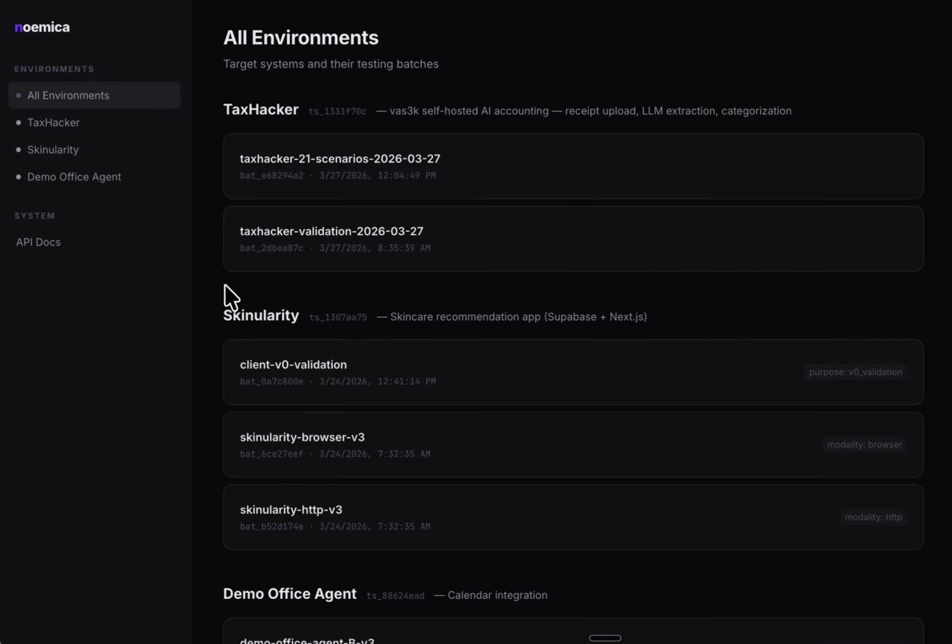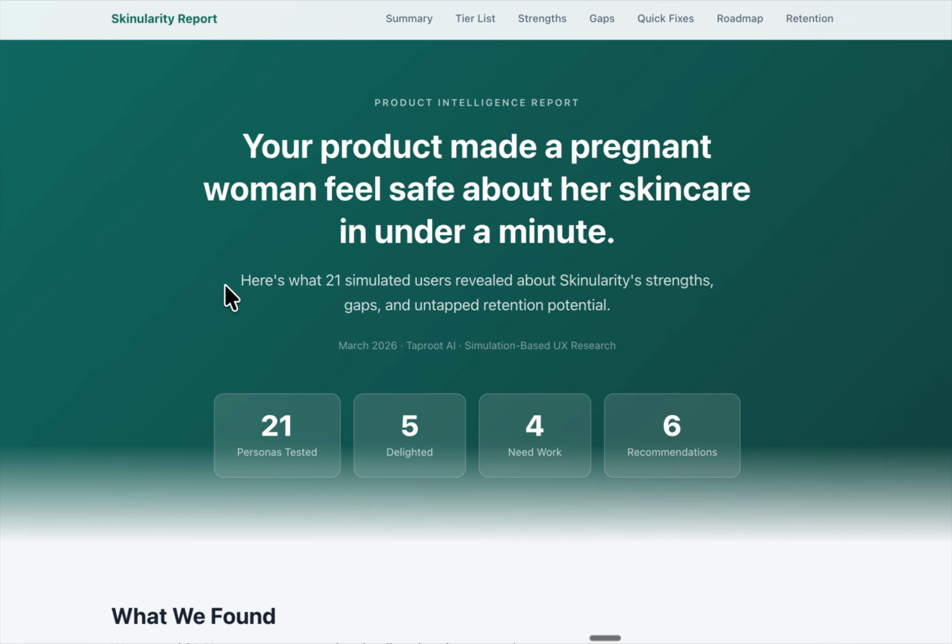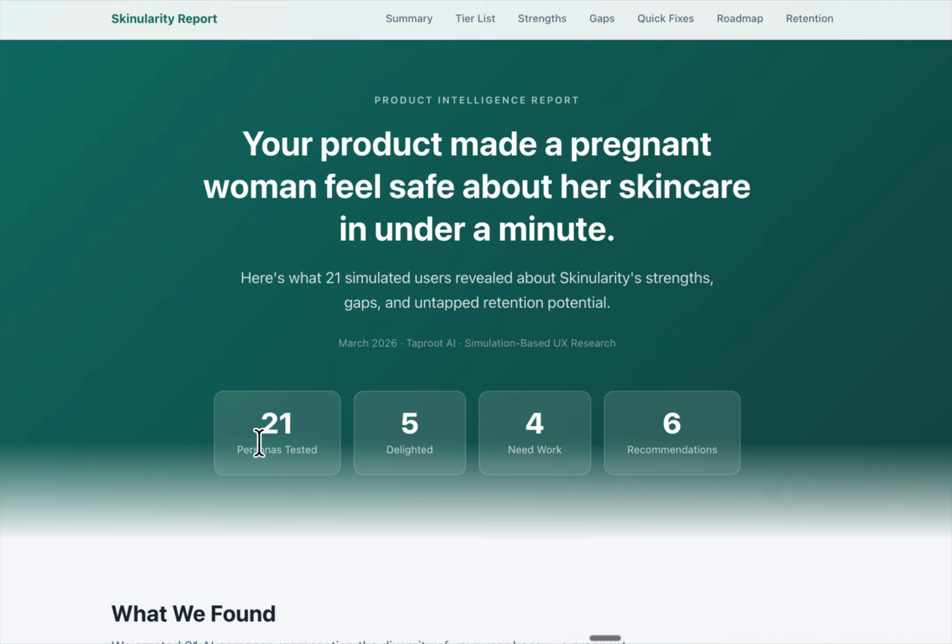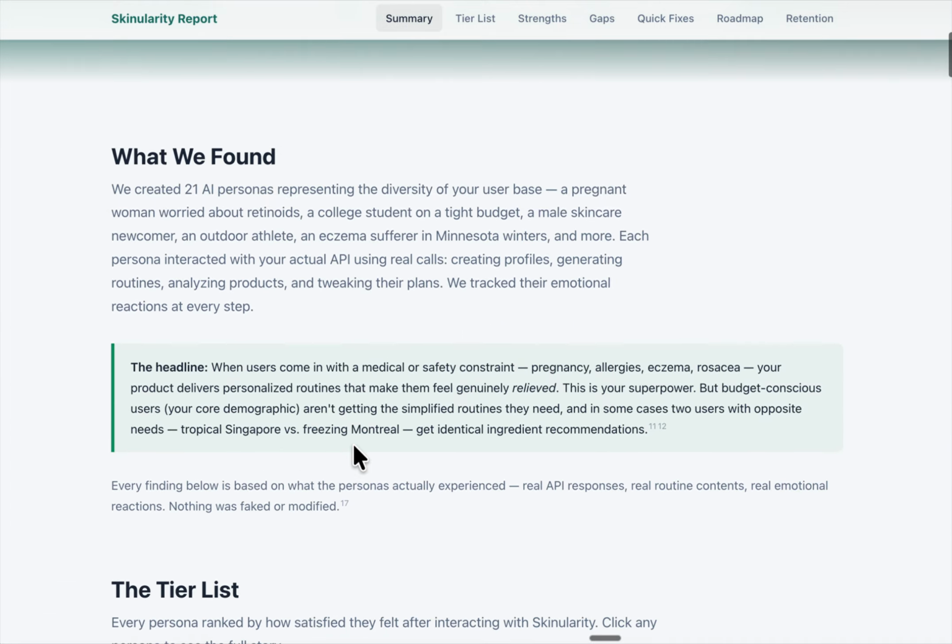For Scanularity, we're going to jump straight into the report that was delivered. In this report, there were 21 different personas, different scenarios tested, and there were a couple of discoveries, but there was a very specific discovery that could lead to a strong reaction in the direction that the founder would take the company,